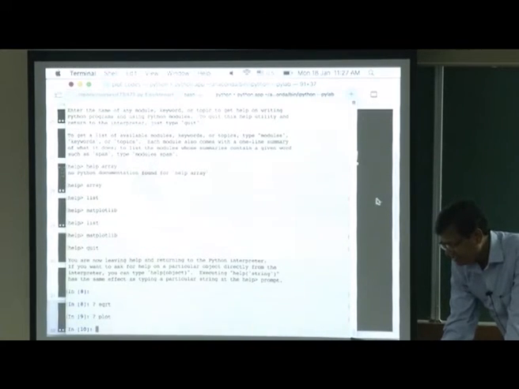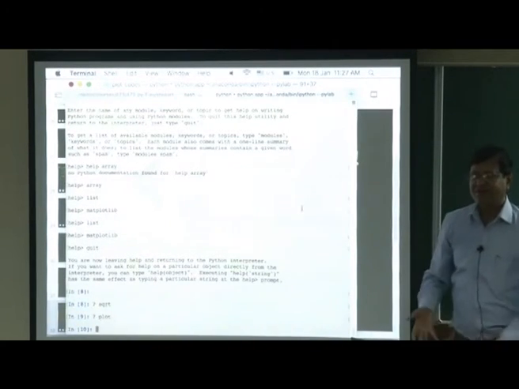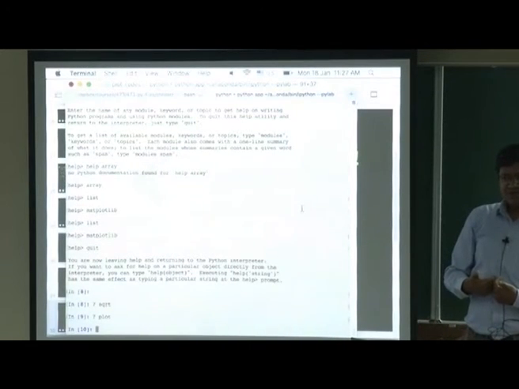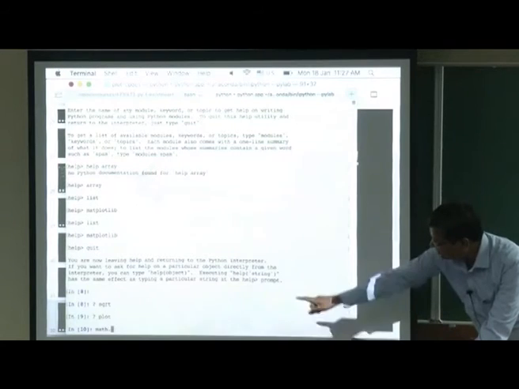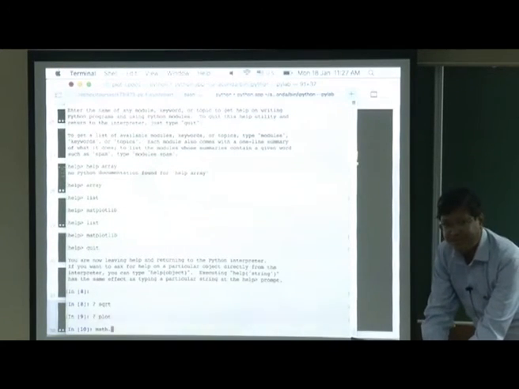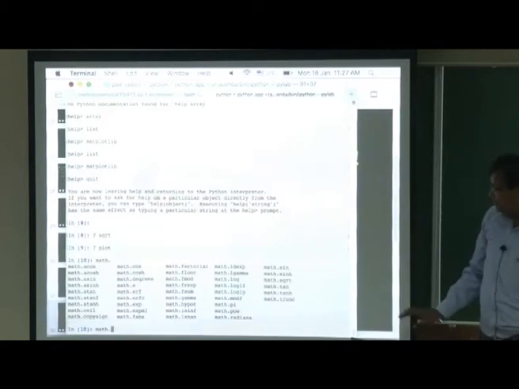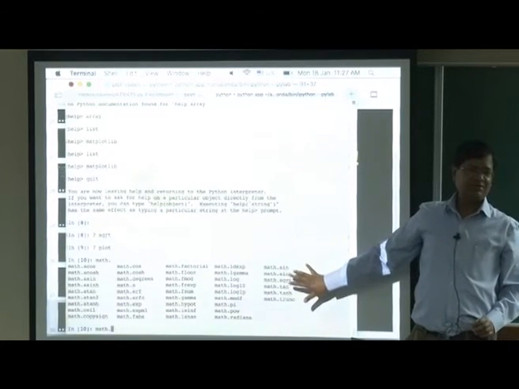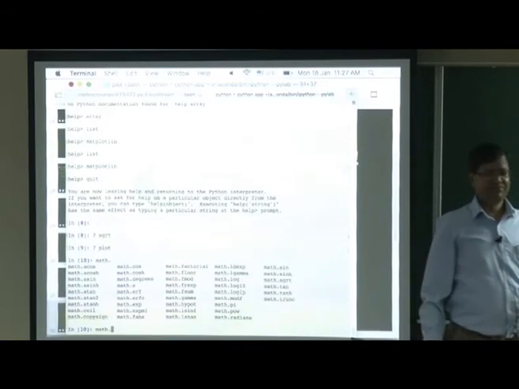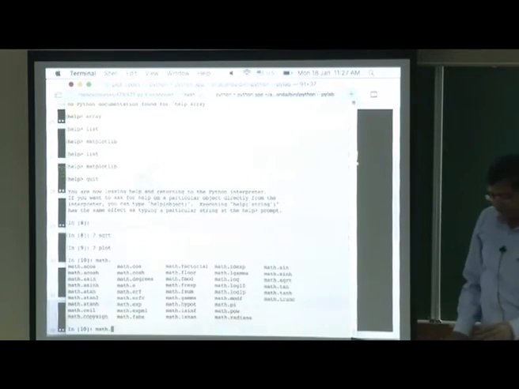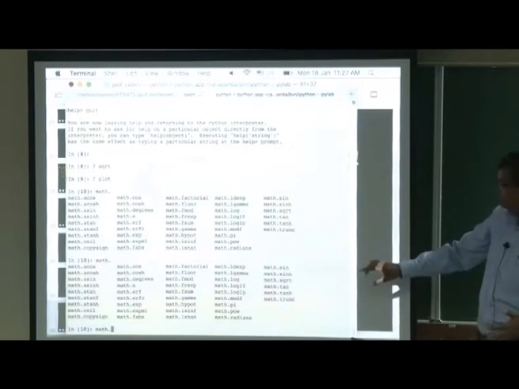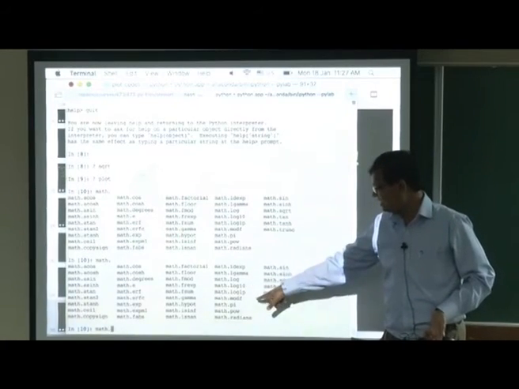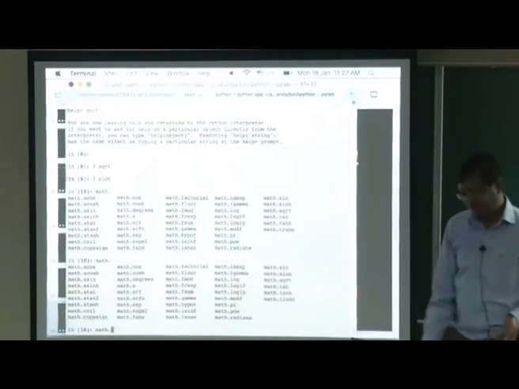Now, there is one sophisticated thing within a math library. I want to know what all the math library does. Math, I think, is imported already. So, here math dot, please see, put a tab, everybody knows tab, then you will get all the functions of math. So, I am just putting a tab. It is very useful if, suppose I forget the syntax of log or log 10. You get it from here.